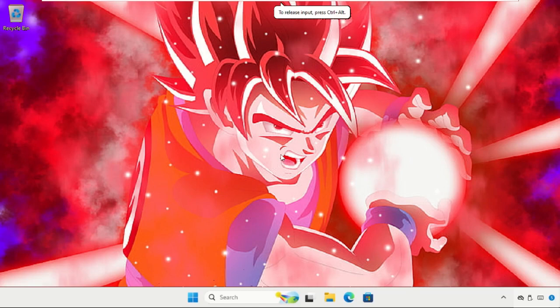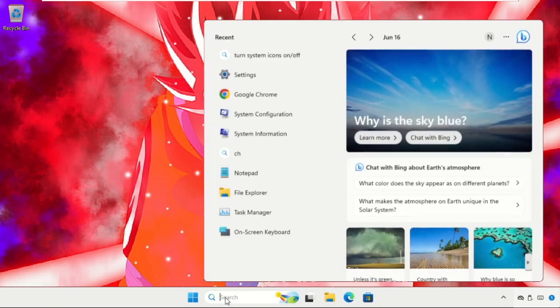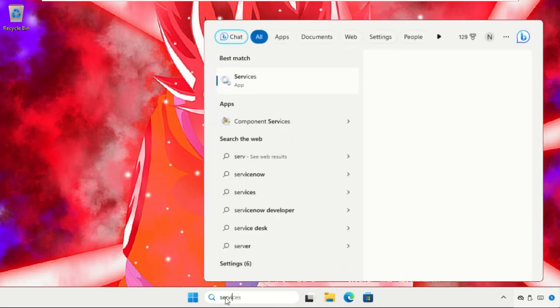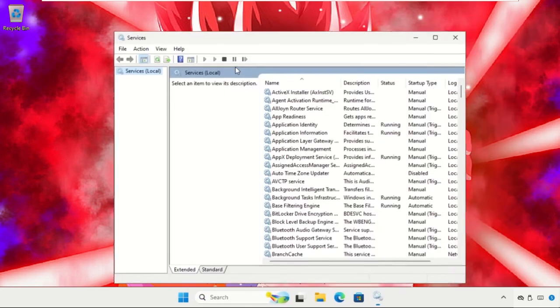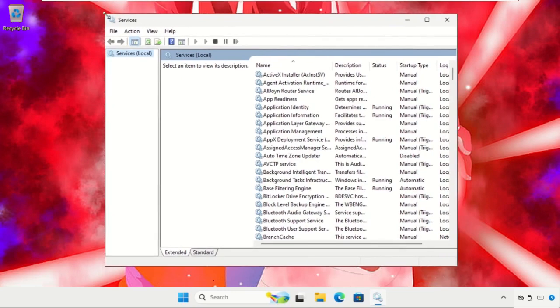Hey guys, I will show you how to fix this problem on Windows 11 operating system. In the first step, we need to just go to search bar and type services and then click here to open it. So once we are here, we need to find out